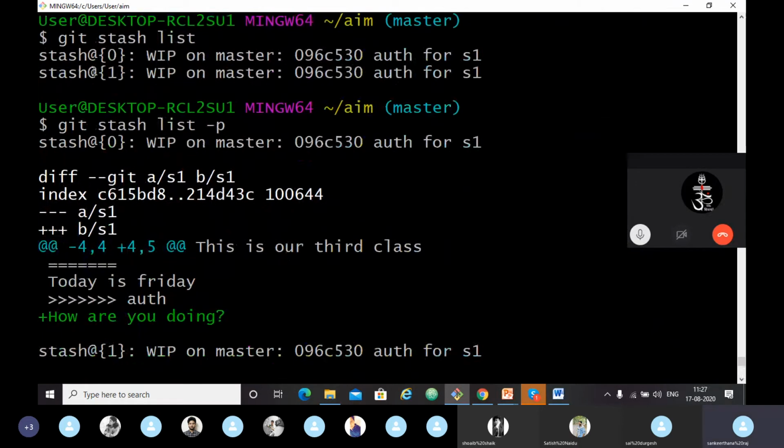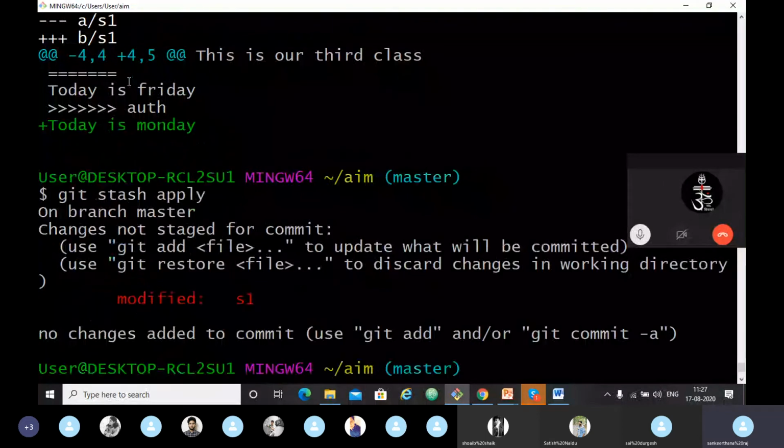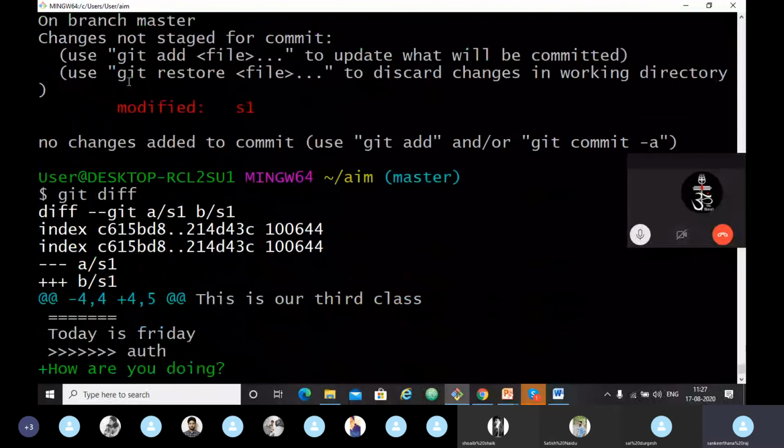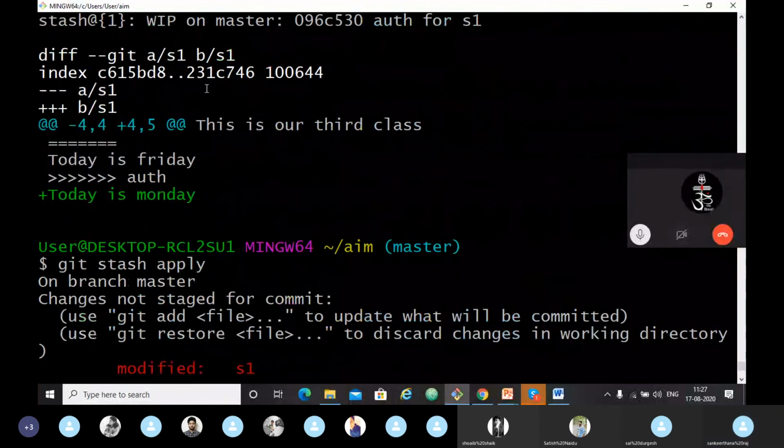So this is the concept of git stash. I have created a directory, and we will work on it.